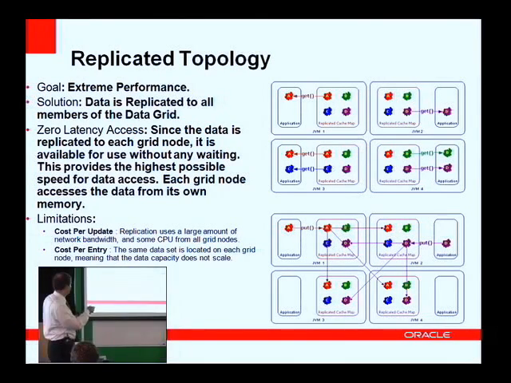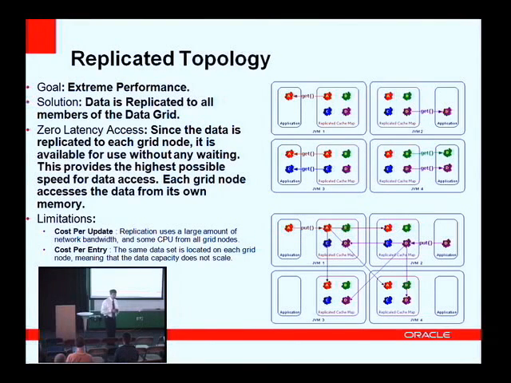So this picture is almost as old as the product, if you can't tell by the beautiful antiquated choice of colors. And basically, what it shows is a set of information, in this case, a unique key of A, B, C, and D, just for the fun of it, accessible by all the servers. So here we have 4 servers. Each one is able to access that information locally. In fact, this scales beautifully, right? If I can do 1,000 read accesses per server, and I have 1,000 servers, I'll still get 1,000 read accesses per server. The only problem is, on the right side, it scales abysmally, because now I have to update 999